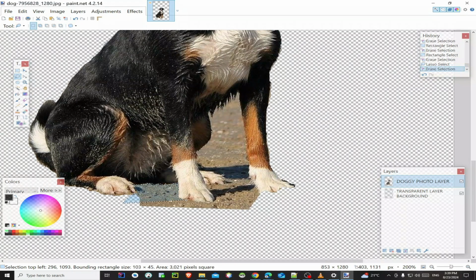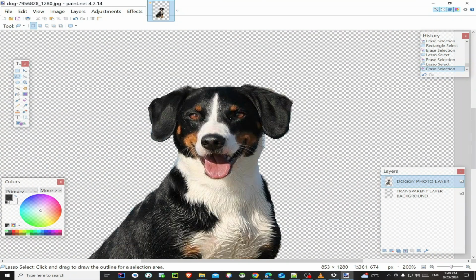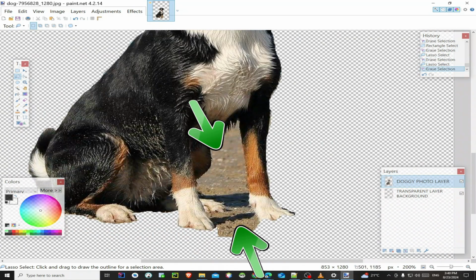This. And I move it down so that I can select that bit, and then I click on delete so that it can be removed like that. So far so good. The only remaining bit is this part here.